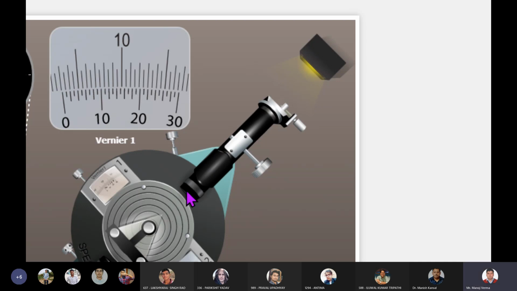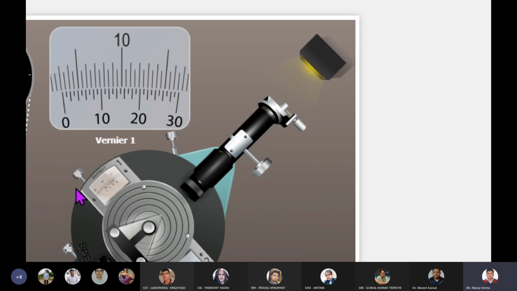This wavefront will be incident on this surface also, and let's say light is coming like this, with my arrow. Try to visualize with my arrow, light is coming like this, and it is a broad source. It will fall onto this edge of prism and it will be reflected